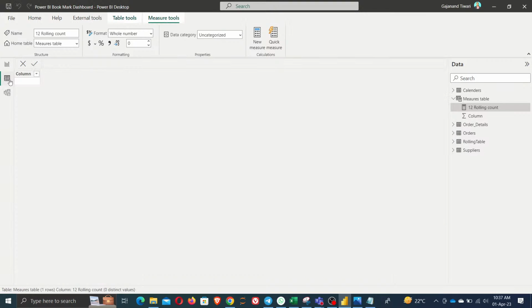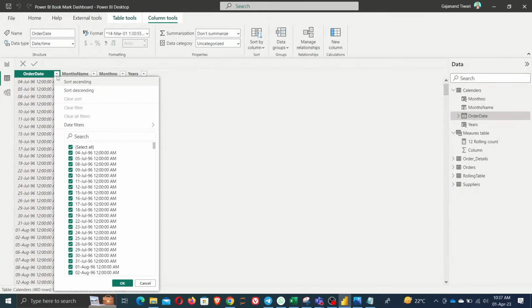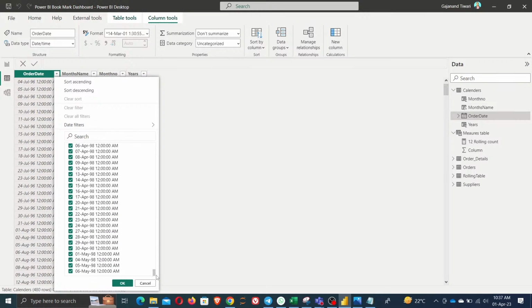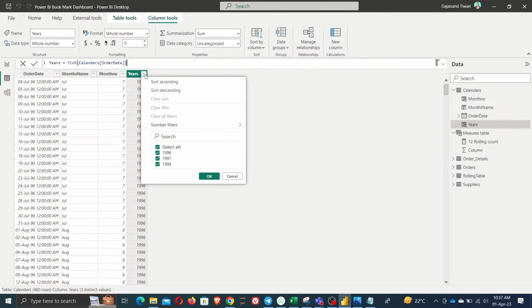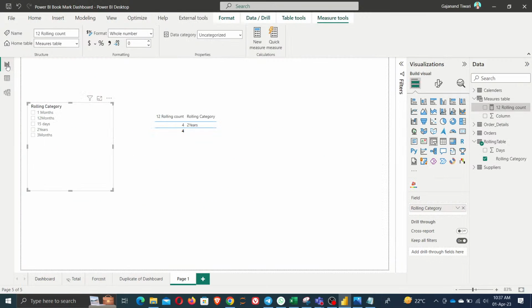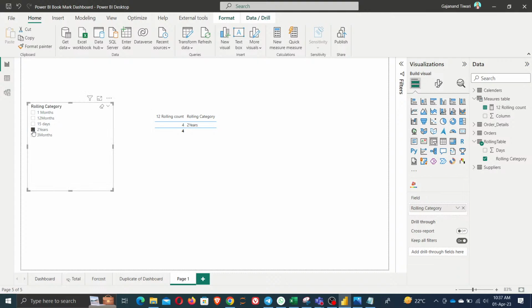Okay, let me check what is the calendar date we have here. So in the calendar we have dates from 1996 till date, 1998, means we have data for 1996, 1997, 1998, and we have a 2 years, so last 2 years means